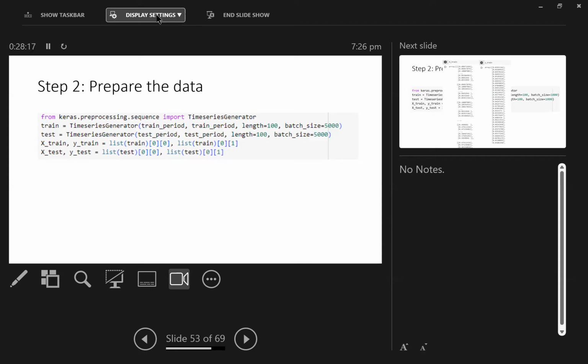Since I chop 100 indices together, the length is 100. Batch size, I don't know. When I do not specify the batch size, the data generated is not correct. So I set the batch size. I do not know what the best batch size is, so I just put a large number greater than 100, 1,300. This is arbitrary. You can try other batch sizes as long as they are greater than our data set. That will be okay. So this is for generating the training data,